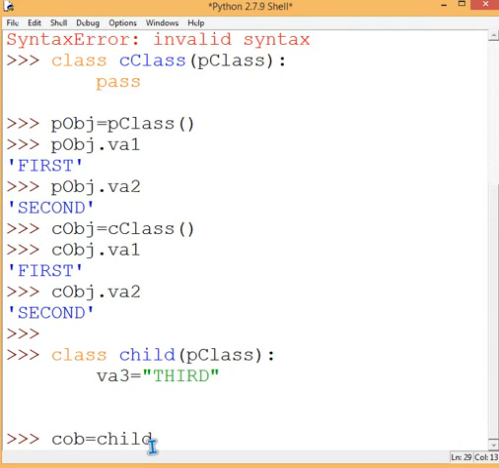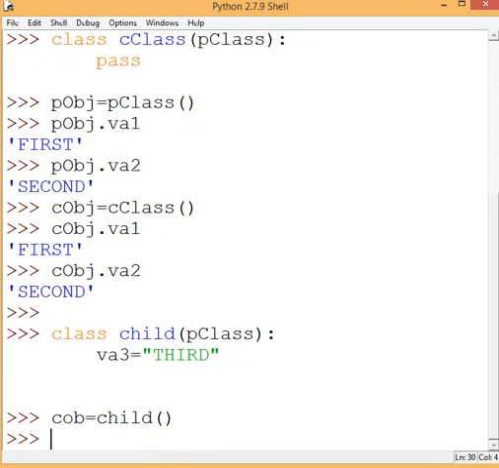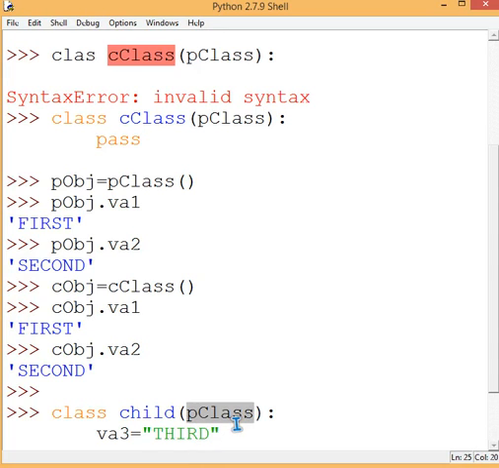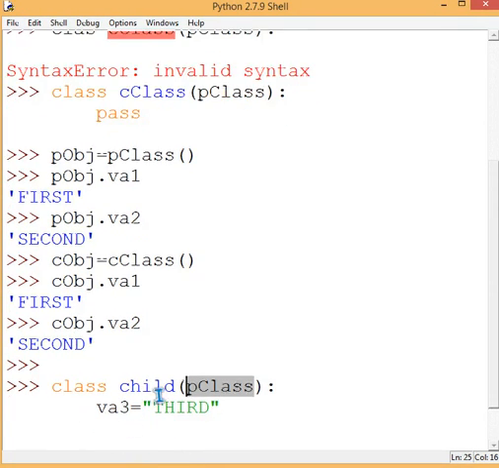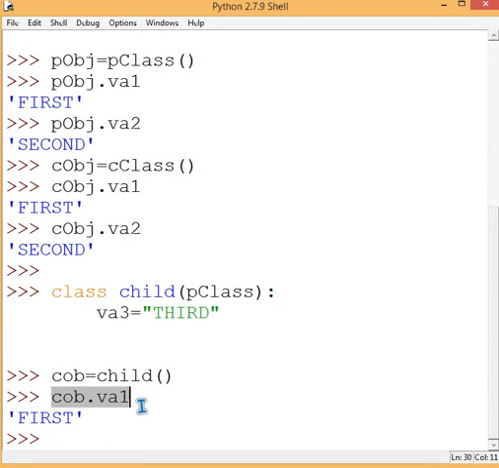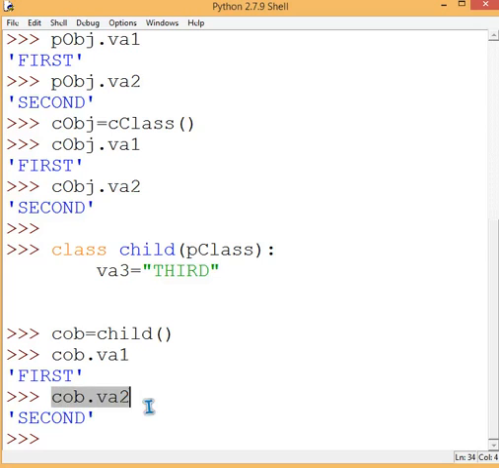I will try to access va1, va2, va3. So, no semicolons please. cob will have va1 and va2 by virtue of inheriting, and cob will have va3 because this is the variable of this child class. cob.va1 we have first, cob.va2 has to be second, and now its own class variable, va3, third.